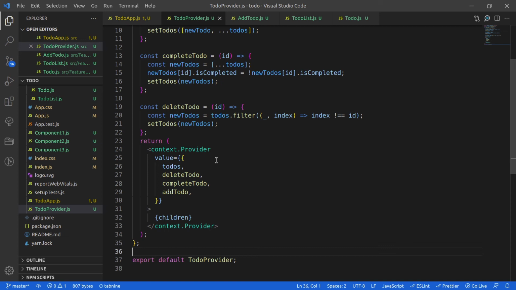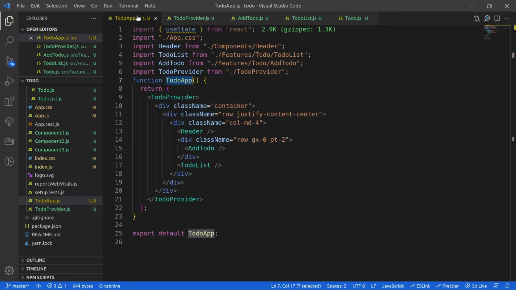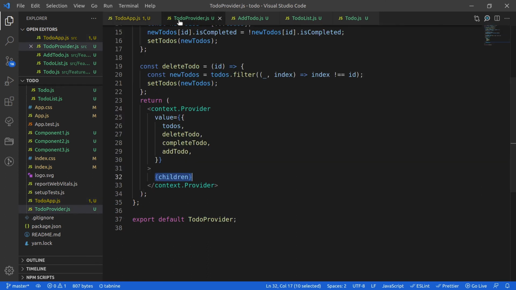And here we are also using children prop in order to simplify our logic. So you can see that instead of writing the context provider here, I am using to-do provider, and inside that all the different components are inside, which are acting as children, right?